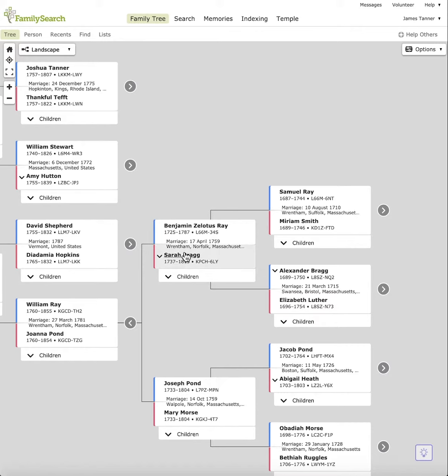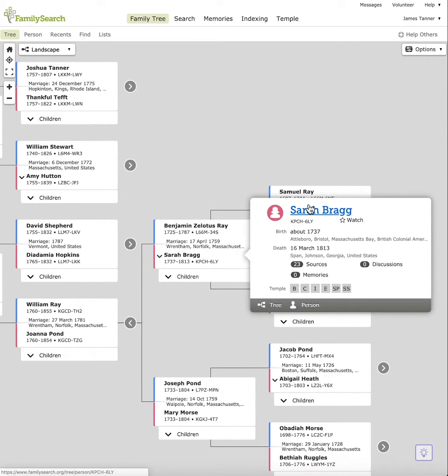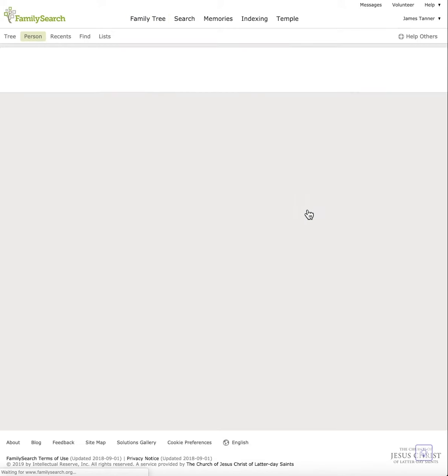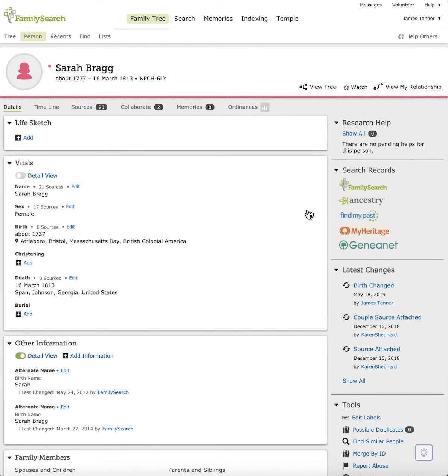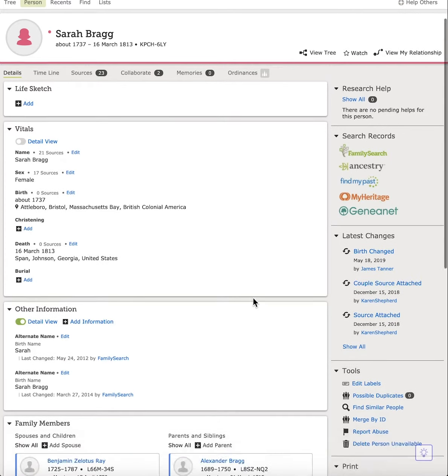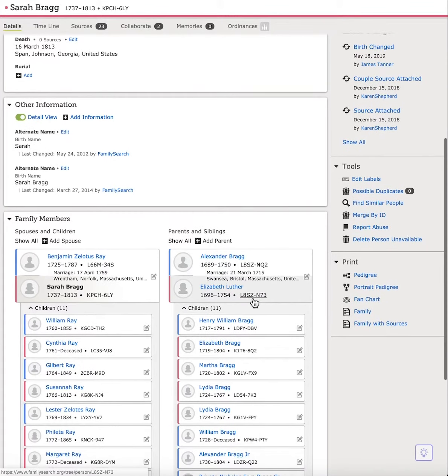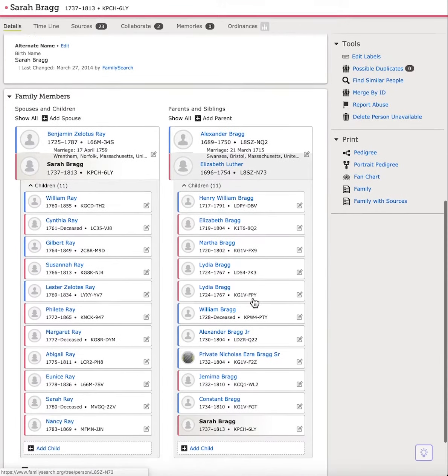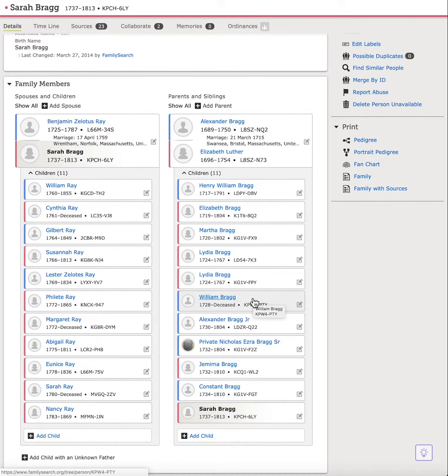And we're going to see that the Sarah Bragg we have in the family tree is 6LY, which is neither of the two that we've been looking at. So we're going to go to her, and she is supposed to be born in Attleboro, and it shows that her parents are Alexander and Luther, and she is the 1737 Sarah Bragg, and there are no other Sarah Braggs